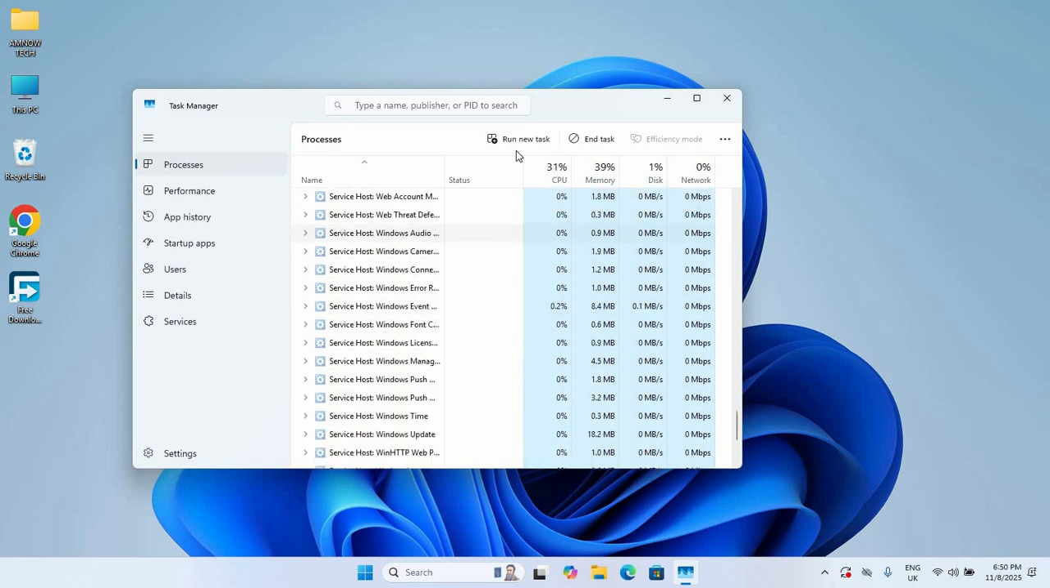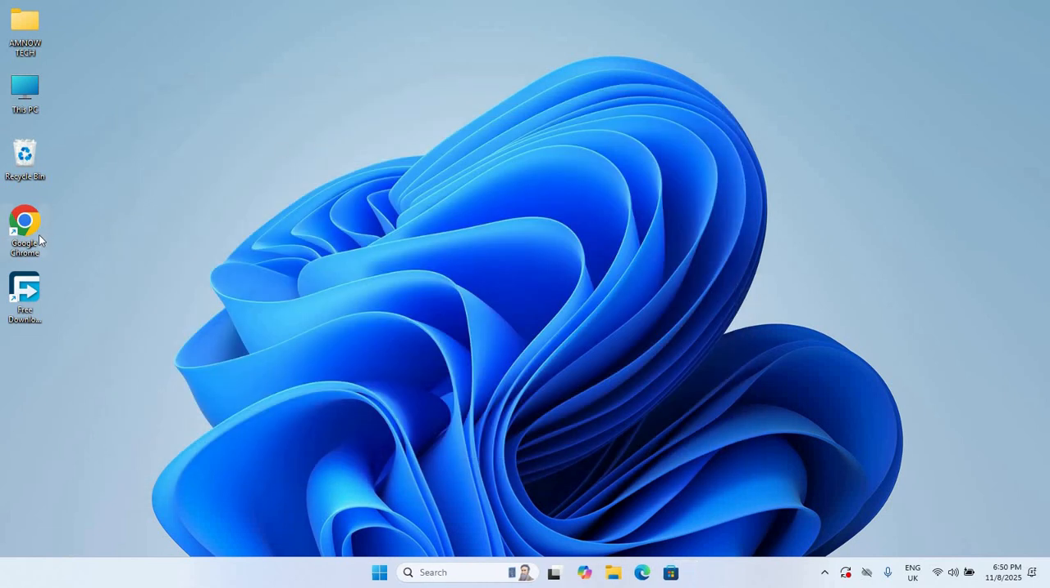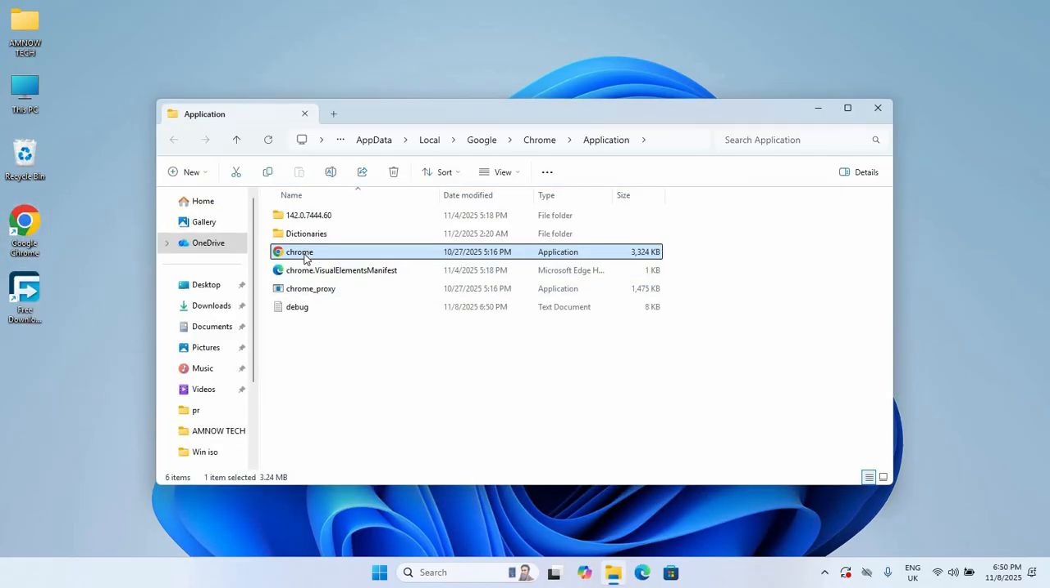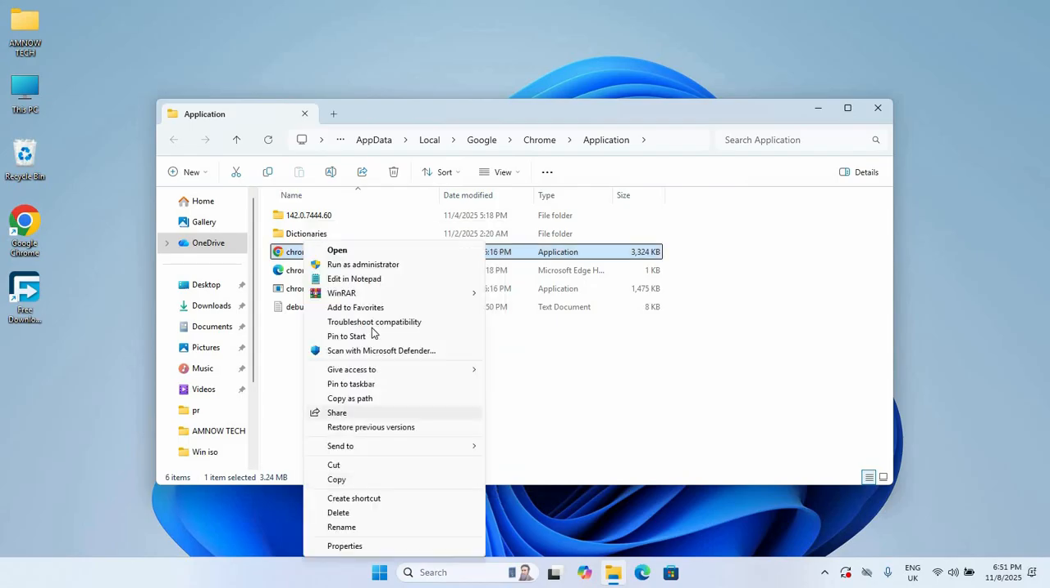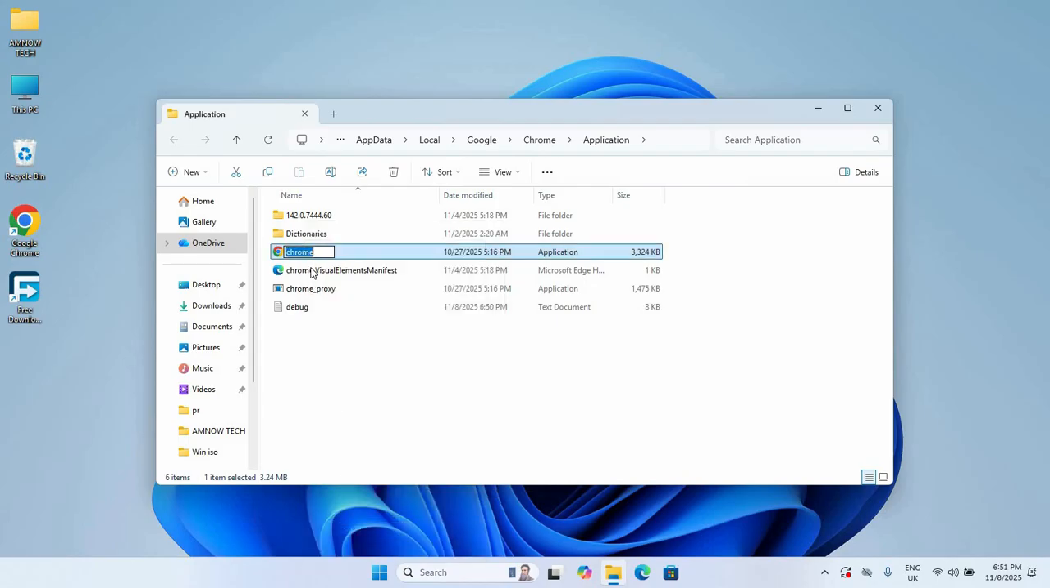So once done, just close this, and then on the shortcut on your desktop, just right click on it and then open file location. So once you open file location, you see this file, just right click on it and rename it. Just go to more and then rename it. So you can say Chrome browser. I click on this. Now once you rename it, just right click on it